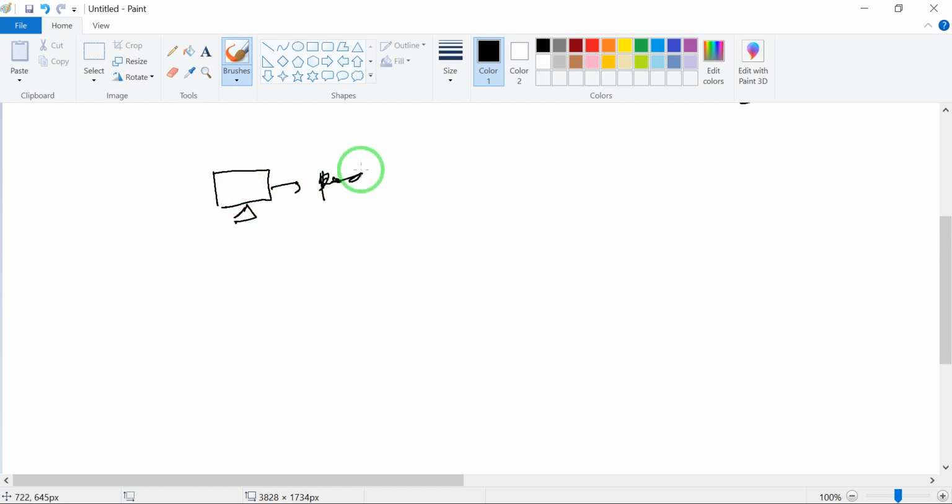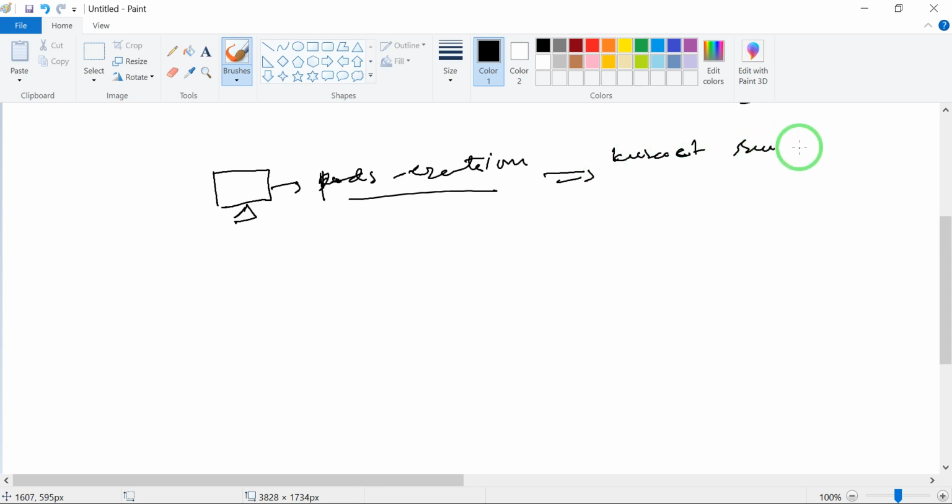The task is to create the pod. So how does it go through the whole process? We can use the kubectl run command with the pod name and then the image.